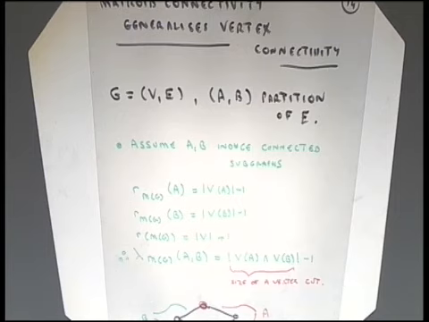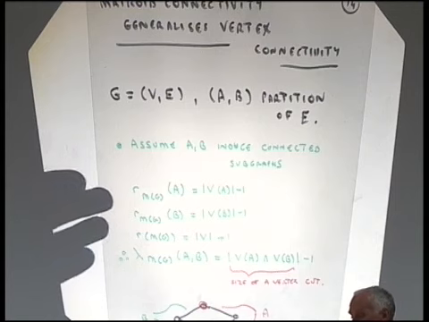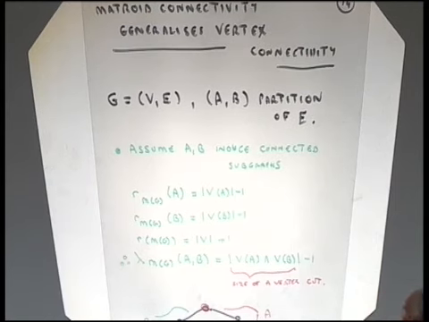Because the rank of the matroid is the size of a maximum spanning tree. It's a connected subgraph, and that means it's got number of vertices minus 1. Why a spanning tree? Because that's a maximum sized independent set. And the same for B, and the rank of the matroid itself is the cardinality of B minus 1, assuming that